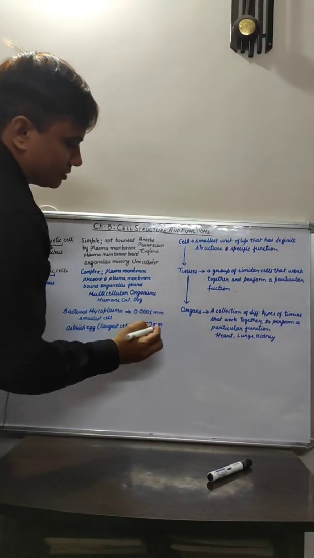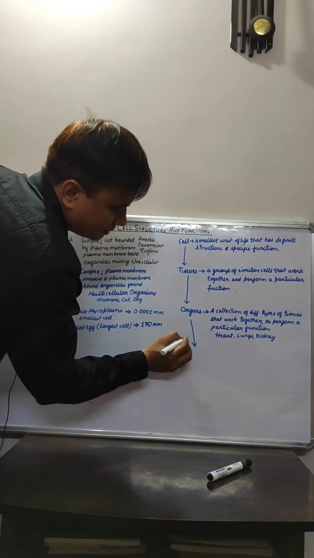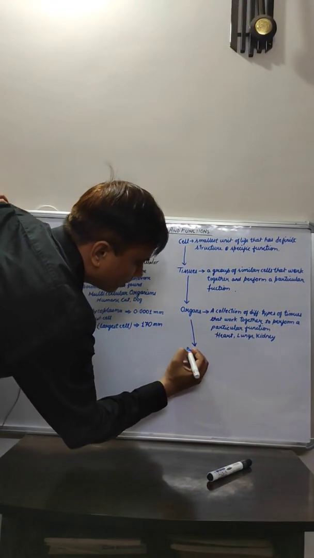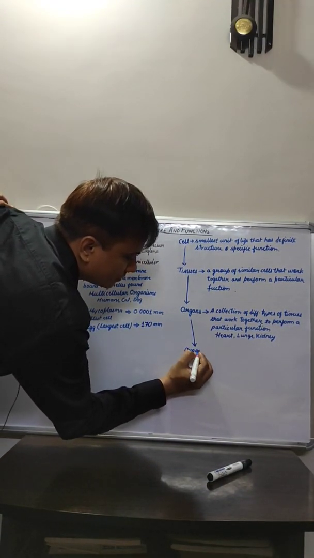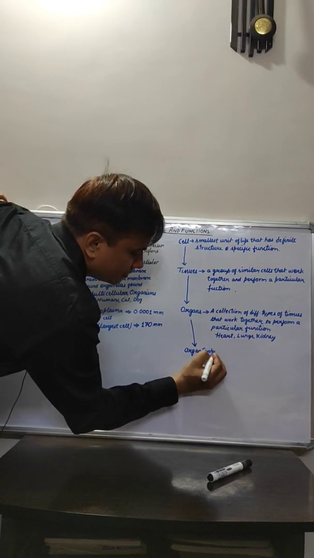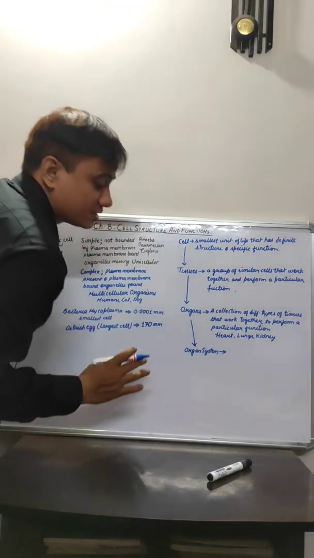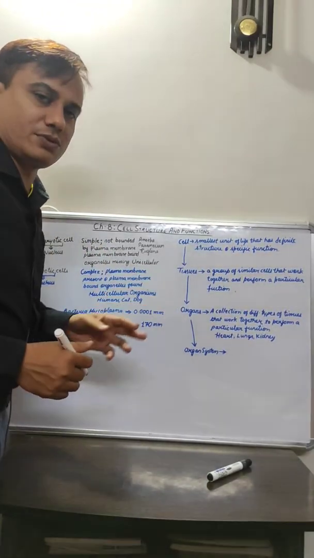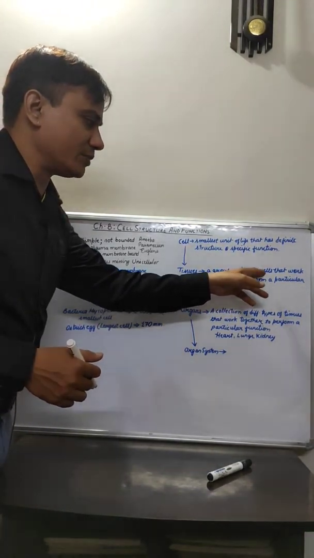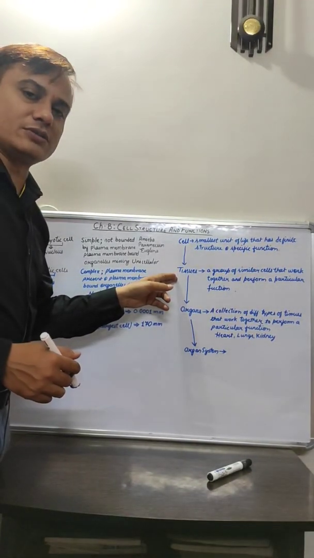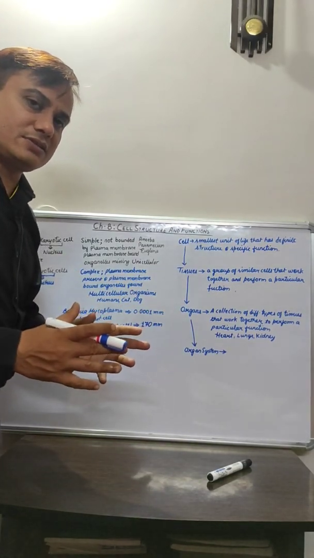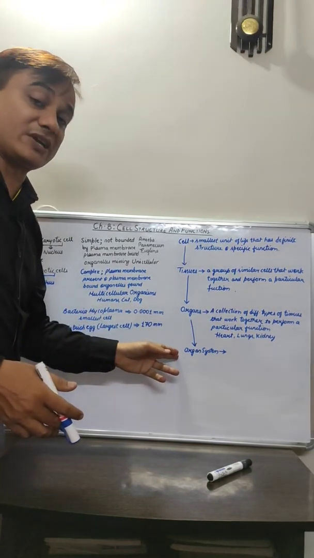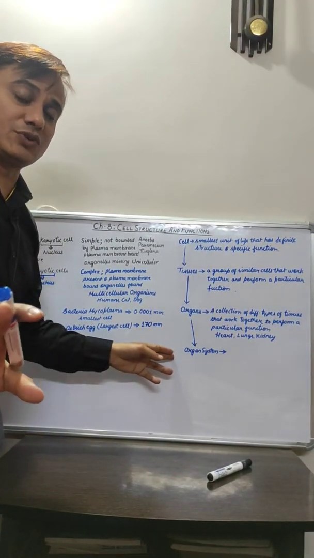Now these organs have evolved even further. They have developed themselves into the organ system. Now the organ system is a bit more complicated in comparison to the organs or the tissues. Here, similar types of cells came together to form tissue. Now similar types of tissues come together, they make an organ. When similar types of organs come together, it makes an organ system. Remember it, don't get confused anywhere, right?